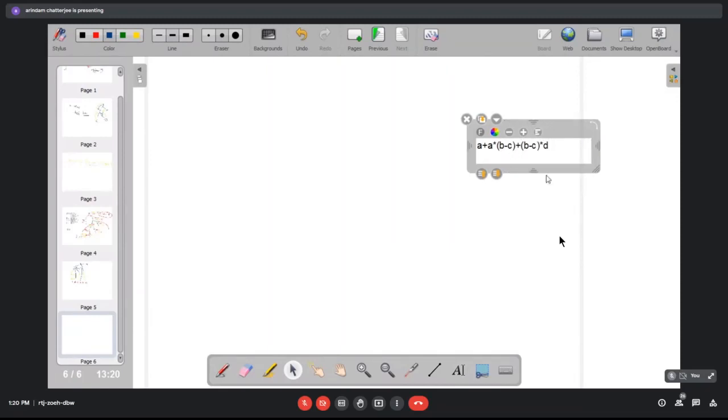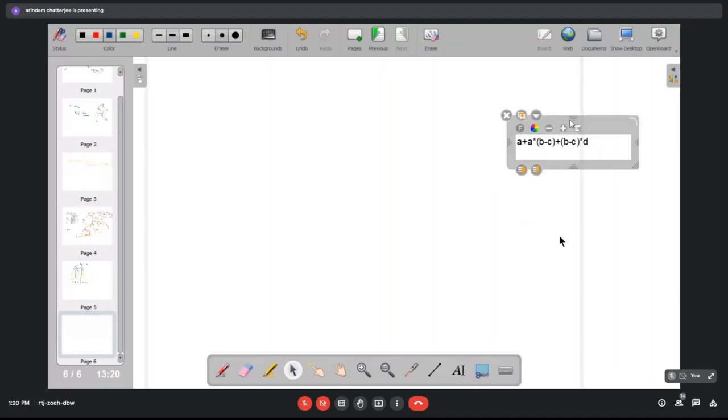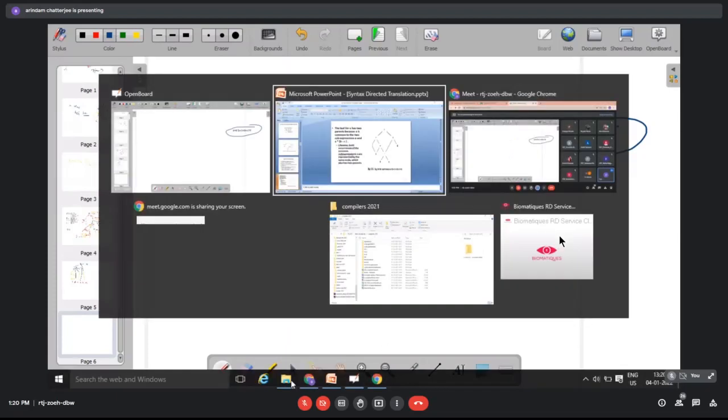This is the expression. A plus A star B minus C plus B minus C star D. So how do we construct the DAG for this particular expression? Okay. So what we'll do is,